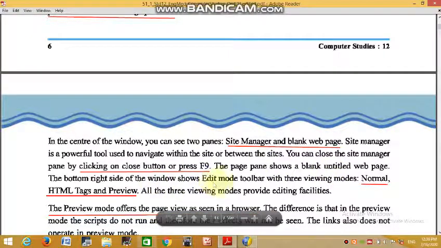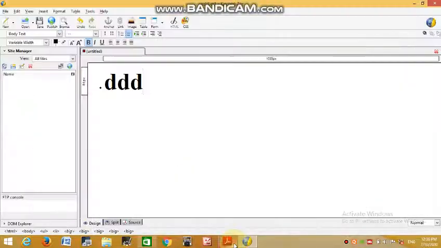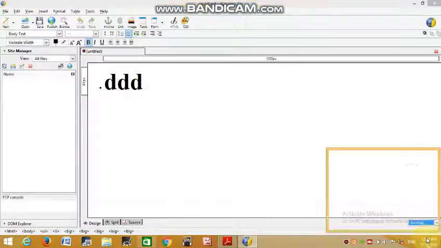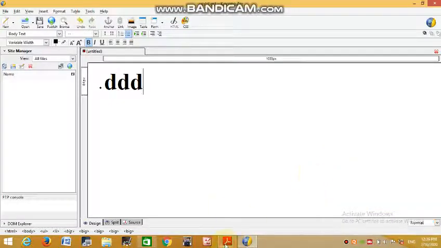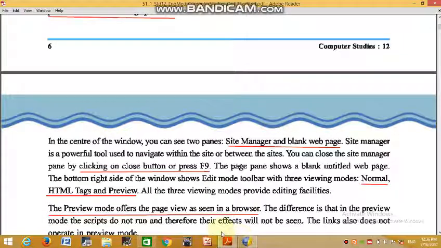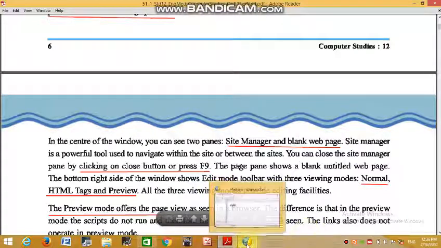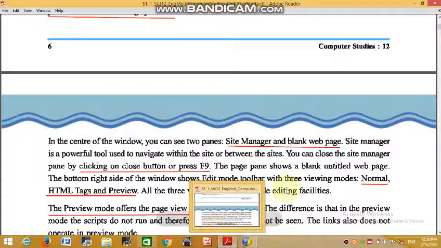The bottom right side of the window shows the edit mode toolbar with 3 viewing modes: normal, HTML and preview mode. All 3 view modes provide editing facility. With the help of these 3 modes, you can edit your document.